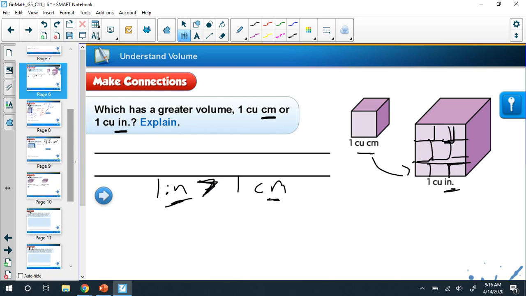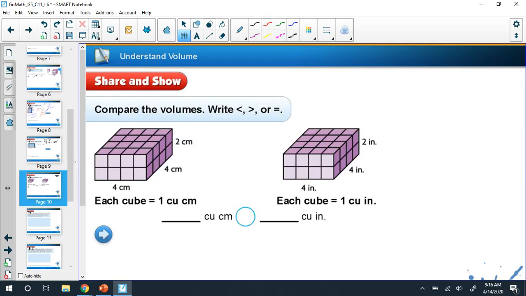So let us apply that to a problem. Here we have two rectangular prisms. At first glance, we'll see that this one is a 4 by 4 by 2. This one is also a 4 by 4 by 2. If we look closer though, we see that the one on the left is centimeters and the one on the right is inches. So before doing any math at all, if they have the exact same numerical dimensions, 4 across and 4 units across, 4 inches back, 4 units back, 2 units tall, 2 units tall,